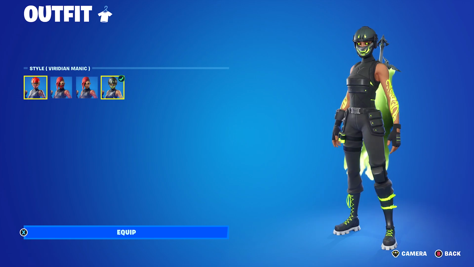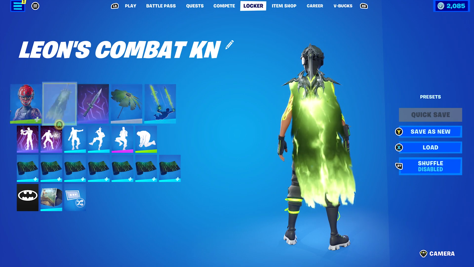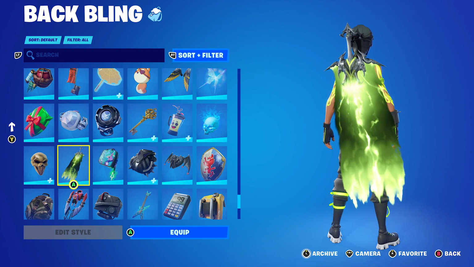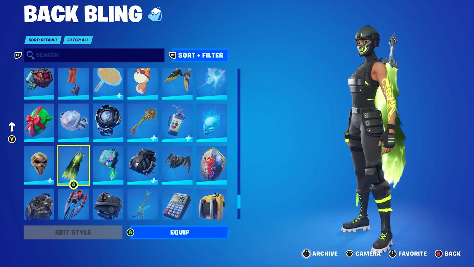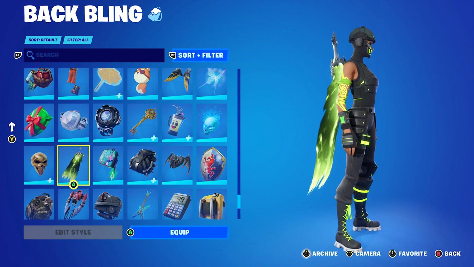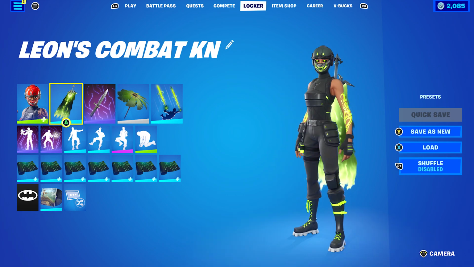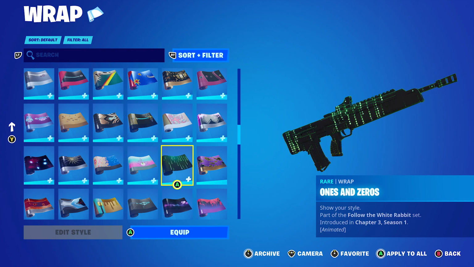The style I'm using is the Viridian Maniac, which is basically the green and the black. Back bling is a Soul Shroud, and this is part of the Ferocious Velocity set introduced in Chapter 4, Season 1, and it's Kelly Reference's back bling, and this works absolutely perfect with the, I guess you could say, very bright green, glowy green, I don't know how you could say it, but basically the green of this edit style. And the wrap I'm using is 1s and 0s, which is the Matrix wrap from Chapter 3, Season